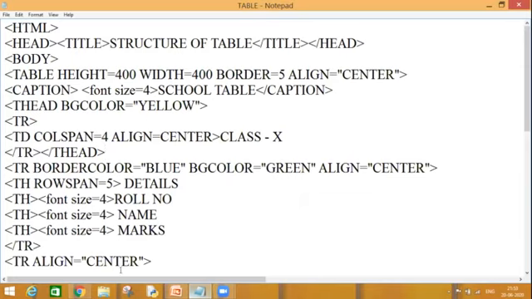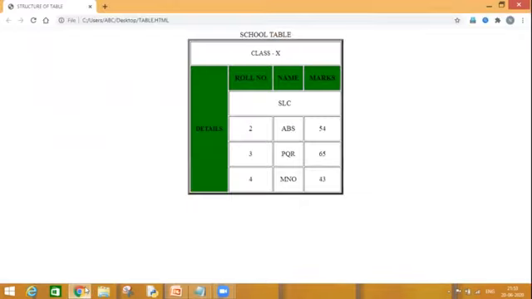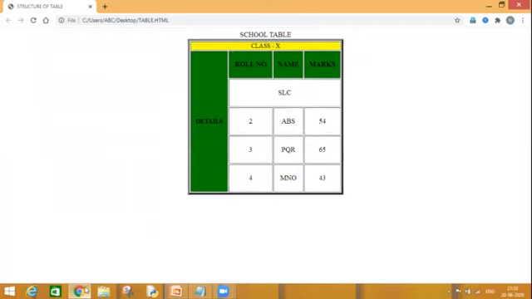Control S. Just see how it works. Because this is my table header, the rest of the formatting will not be applicable onto that. But as I gave my background color as yellow, it has come over here, and this row has converted into my table header row, right?